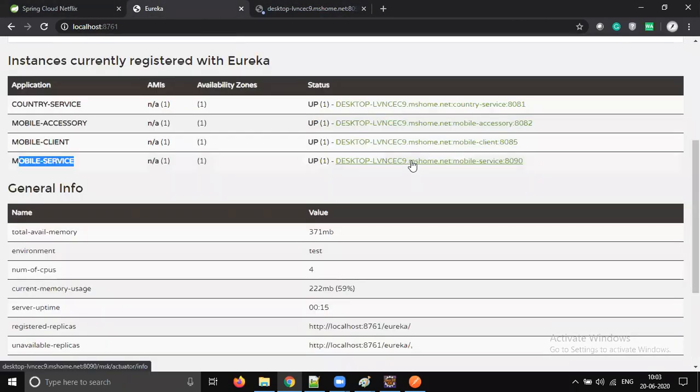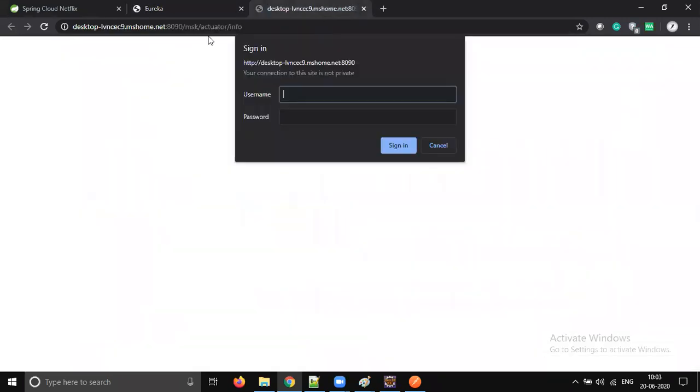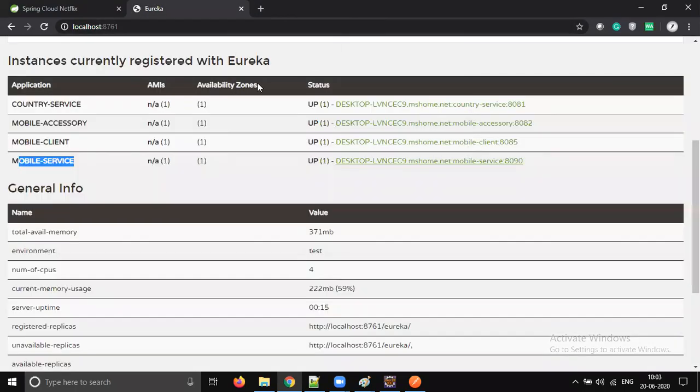So okay, this part I will cover later. Actuator, so let's not go into that. That is a separate topic we're going to discuss. For now, let's not jump into actuator. That is one more session it will take. I will cover separately what is actuator and why we need actuator. Okay, so now let's give this name.